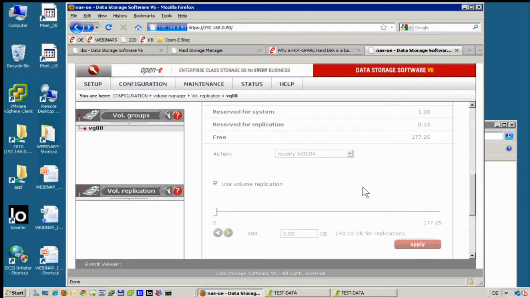I have forgotten to add the replication on the volume. So that's the case which mostly happens. And we can use the modify option which I mentioned before. So we select the volume number 4, then we select modify number 4. Then we can add this option to use the replication. Okay, when we apply,